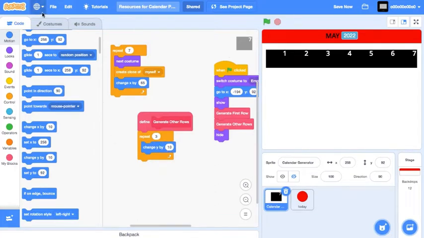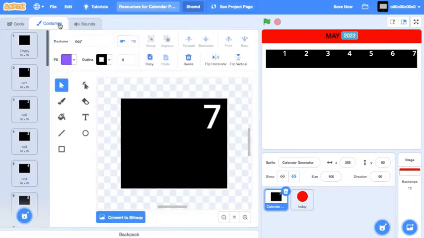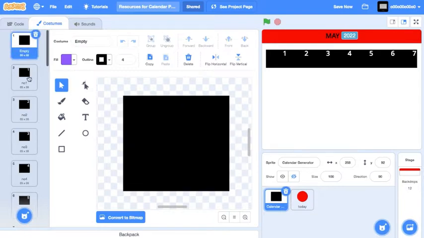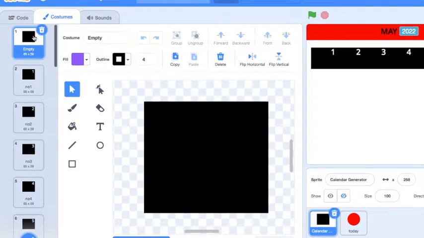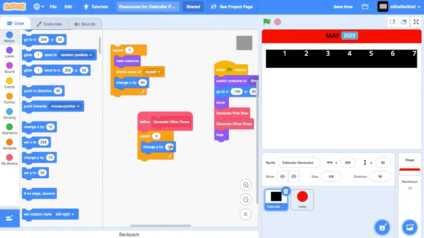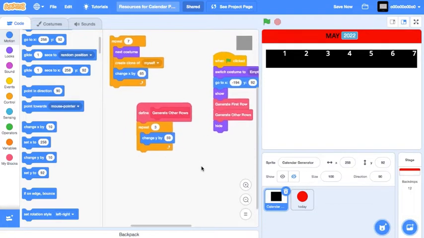Now, not by 1. Now let's see. The height of each costume is 59. So we'll change Y by 59. Okay.